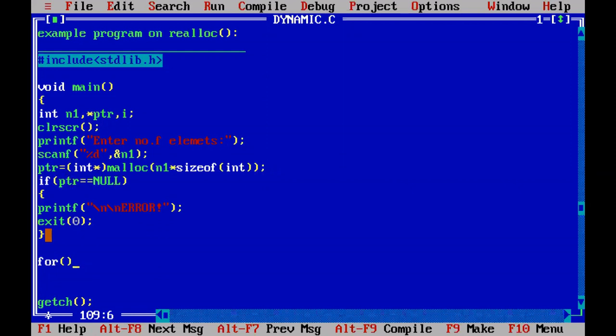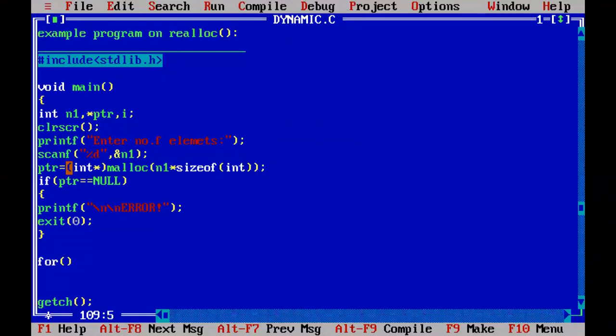If really for 5 elements, 2 bytes of memory each is allocated, then for each byte one address will be given. That address we are going to print by using ptr, because ptr is holding the first address of the first element out of 5 elements.